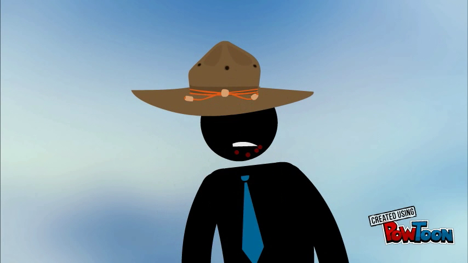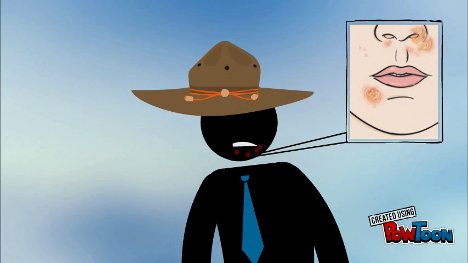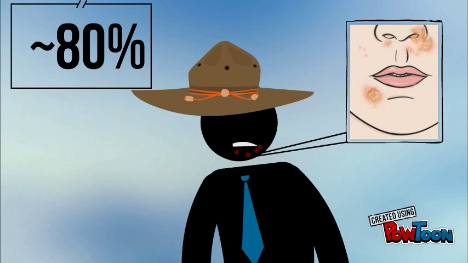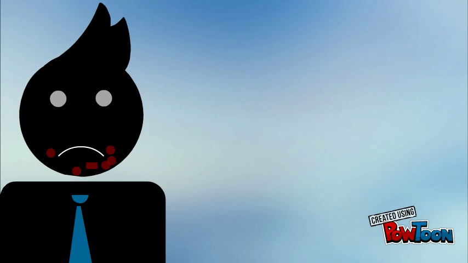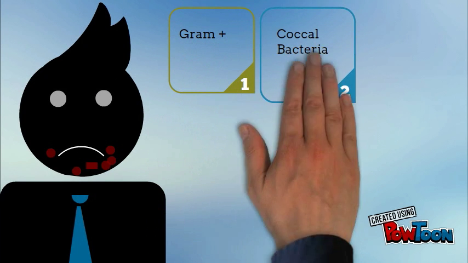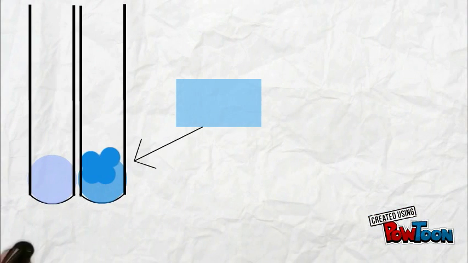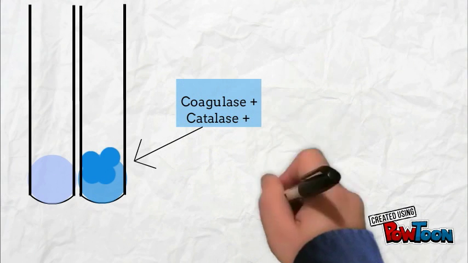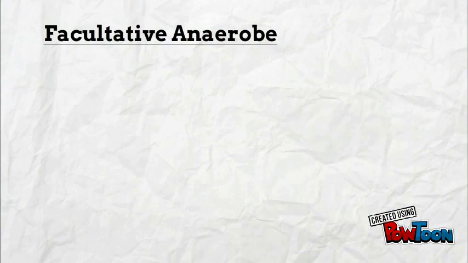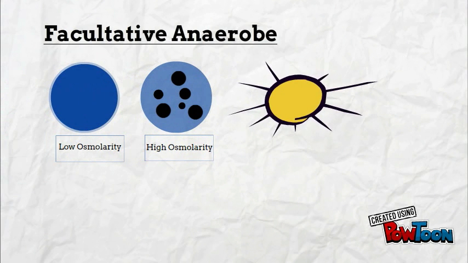Bob contracted the specific pathogen through an open sore he got on his farm. This is similar to the entry method of about 80% of the other impetigo cases. This case of impetigo is caused by the gram-positive coccal bacteria Staphylococcus aureus. It is a coagulase and catalase positive bacteria that is a facultative anaerobe and can tolerate high osmolarity, dry, and